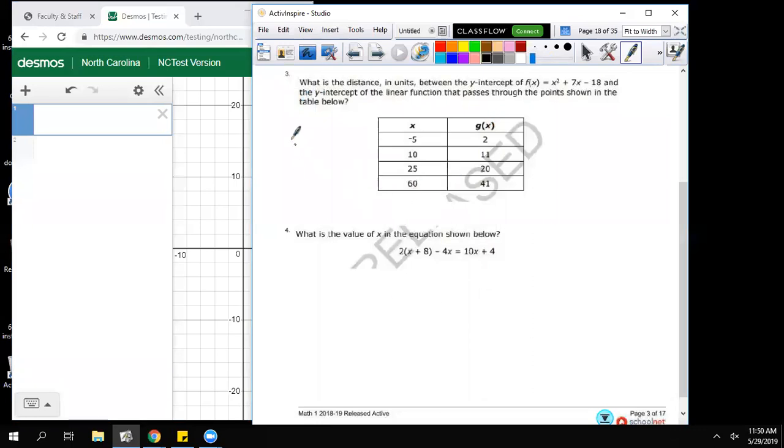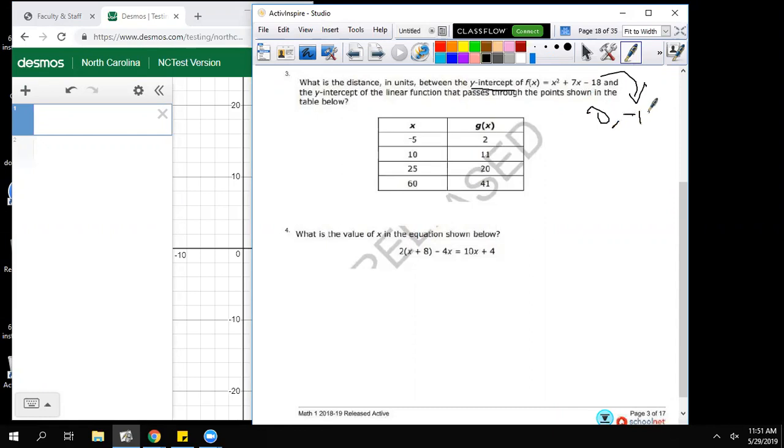All right, so first of all, I want to know what the question is asking. It wants the y-intercept. I know my y-intercept is always an x value of 0, y is some number. And I know that the constant part of my linear or quadratic equation is always going to be the y-intercept. So let's look at it. What is the constant part of the quadratic equation I'm given? Well, that's negative 18. So I know for this particular equation, my y-intercept is going to be at 0,